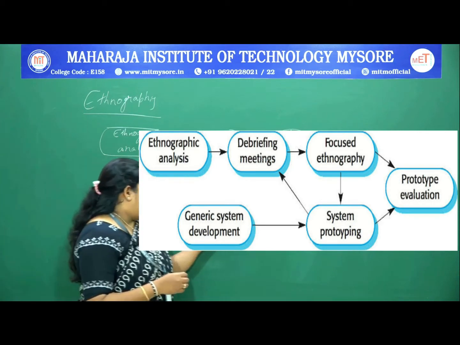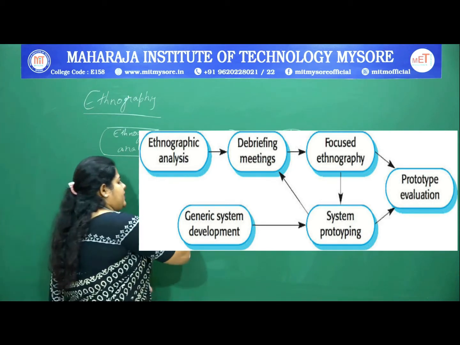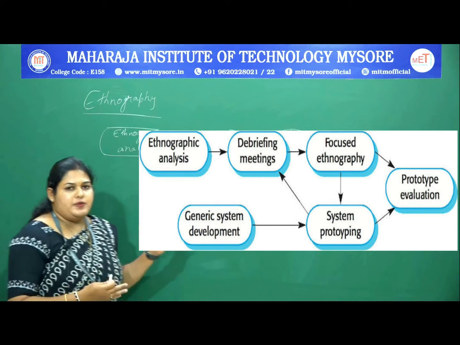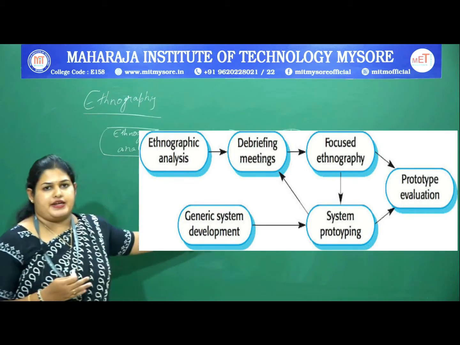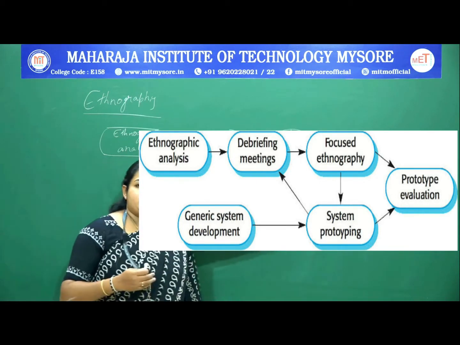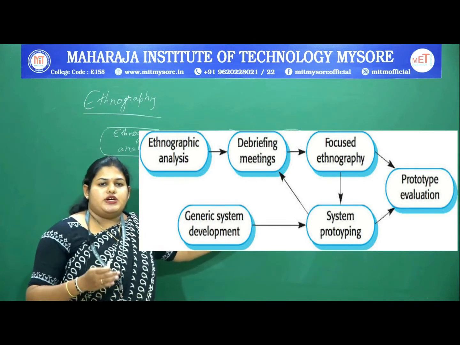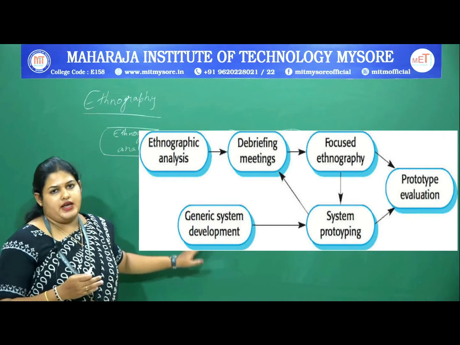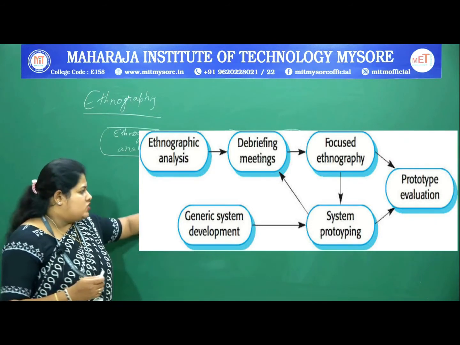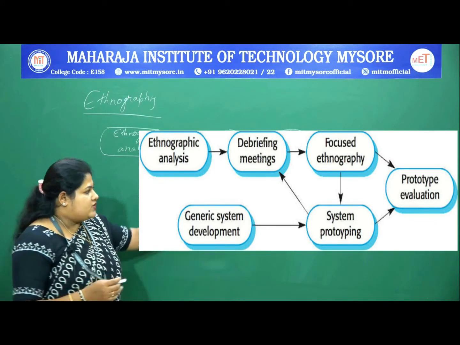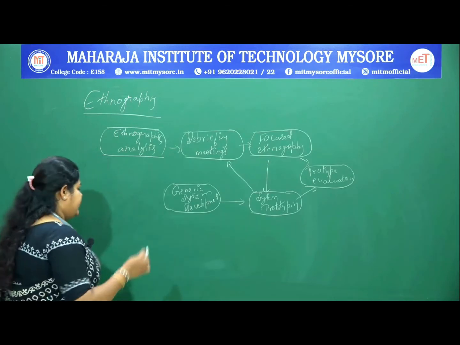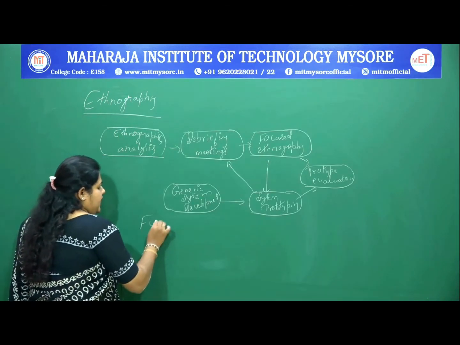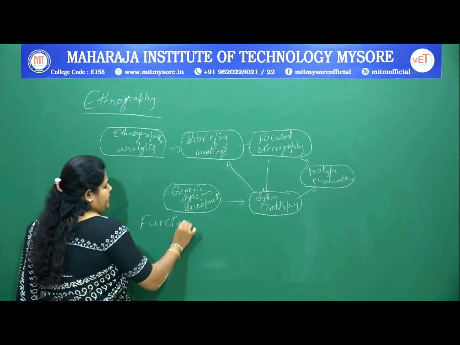With respect to that, in generic system development, one phase of working will be continuously on the target, whereas another phase of the workers will be on the requirement changes, where they will undergo this particular ethnography process. With respect to this, what is to be analyzed will be divided into functional and non-functional requirements.